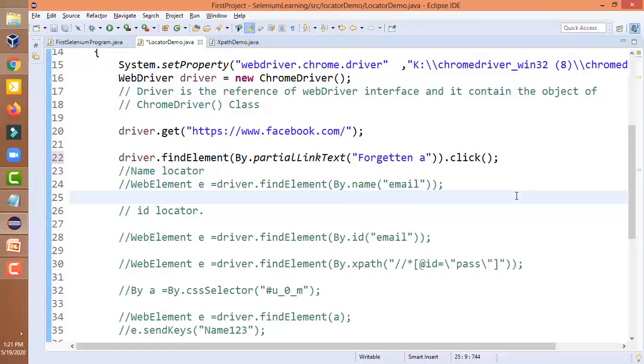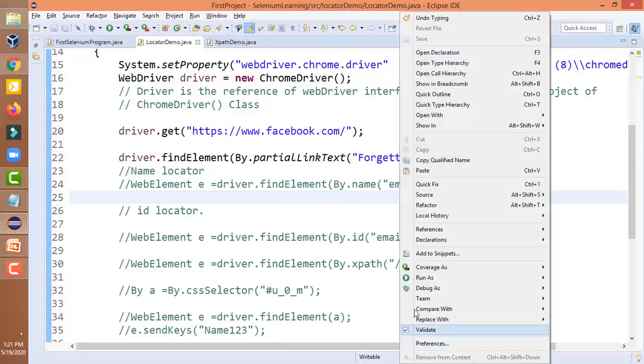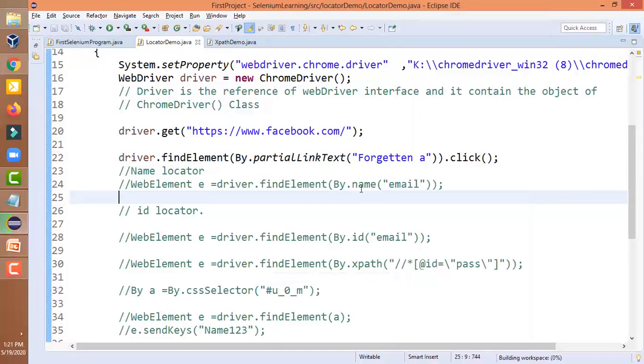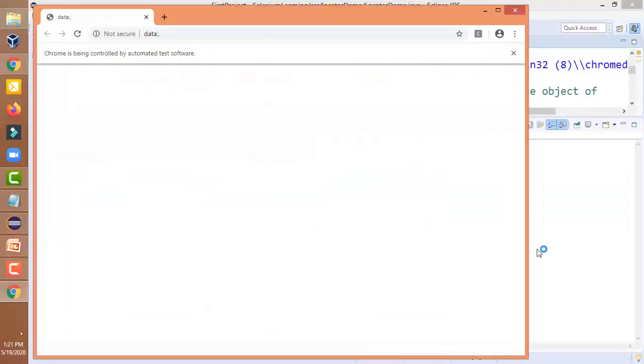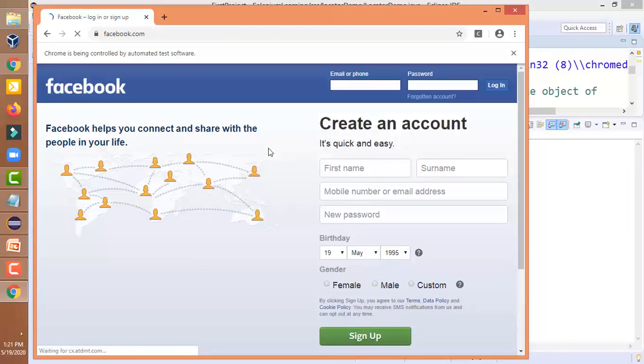Let us run this program. Here we have used only the partial text, not the complete text. If it finds it uniquely, then it will click on this element.